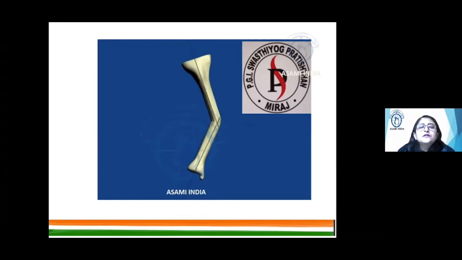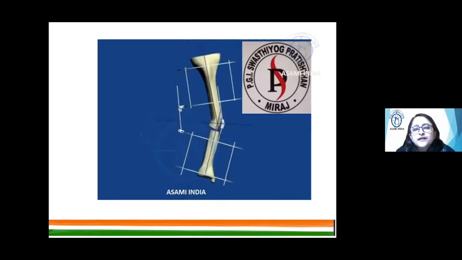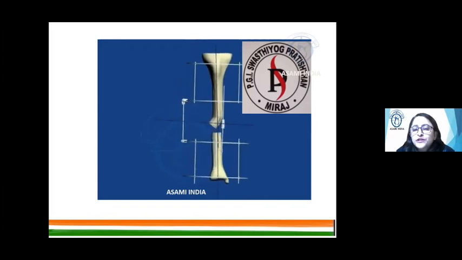So this is the CORA, level of CORA. The hinge is placed exactly at the CORA, but the osteotomy is placed below the CORA. So see what happened? Along with correction, you got a little translation. But if you see carefully, the proximal mechanical axis and distal mechanical axis are completely aligned. So this translation is not creating any deformity.